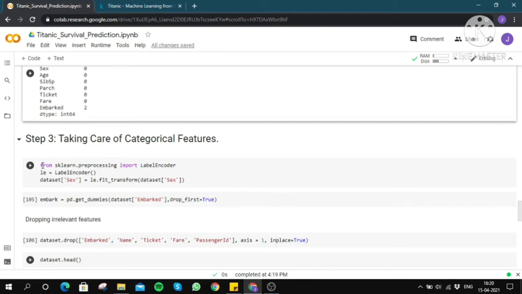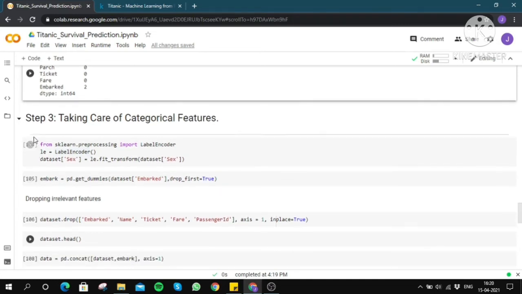From the sklearn.preprocessing library, I will be importing LabelEncoder, which we will use for encoding the sex. We can use the label encoder only when there are two categories or two non-numerical values present in a particular column. So we can use this for sex, as the sex of the person could be male or female.